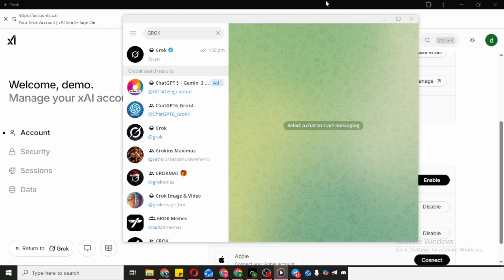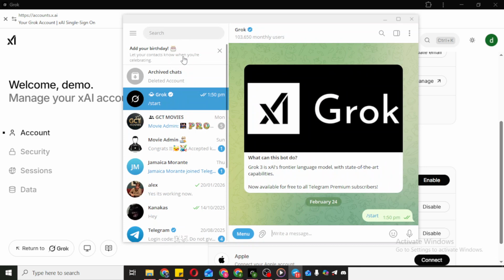Next, use the search bar at the top of Telegram and type the word Grok. You'll see a list of results appear. Look for the official Grok bot entry and tap or click it to open the chat. If you're unsure which one is legitimate, check for verification indicators, read the short description, and avoid third-party copies that